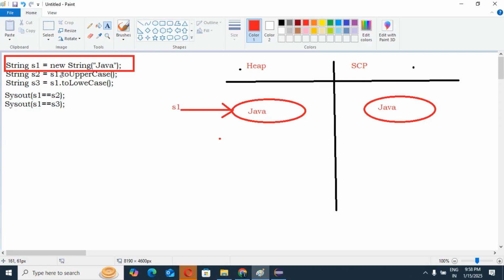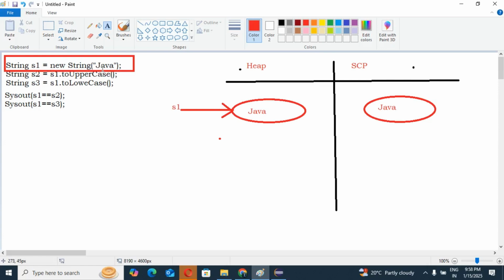So guys, you can see here, S1 dot toUpperCase. In this place we are trying to change its content. Yes or no? Why? Because in the existing object, S1, that is Java in lowercase, right? But if we call toUpperCase, the content definitely becomes changed.